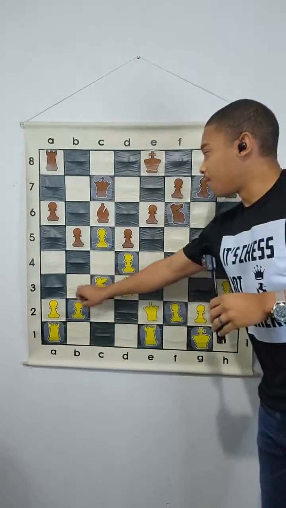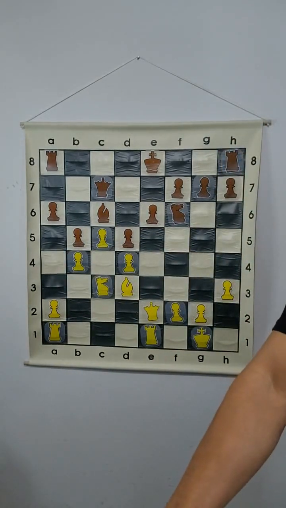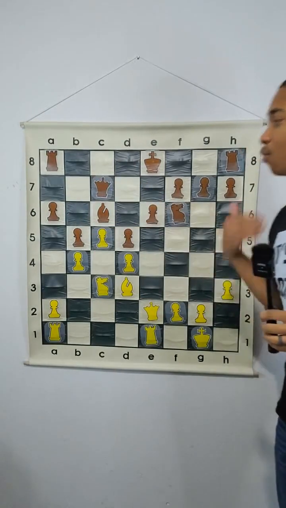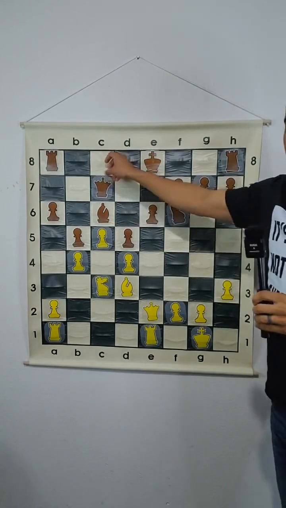He played the move b4 in this situation, just locking up that pawn, getting ready to play the move a4, just attacking those queenside pawns. Once those queenside pawns move, then we can go running to promote the rest of our pawns. So after b4, queen to